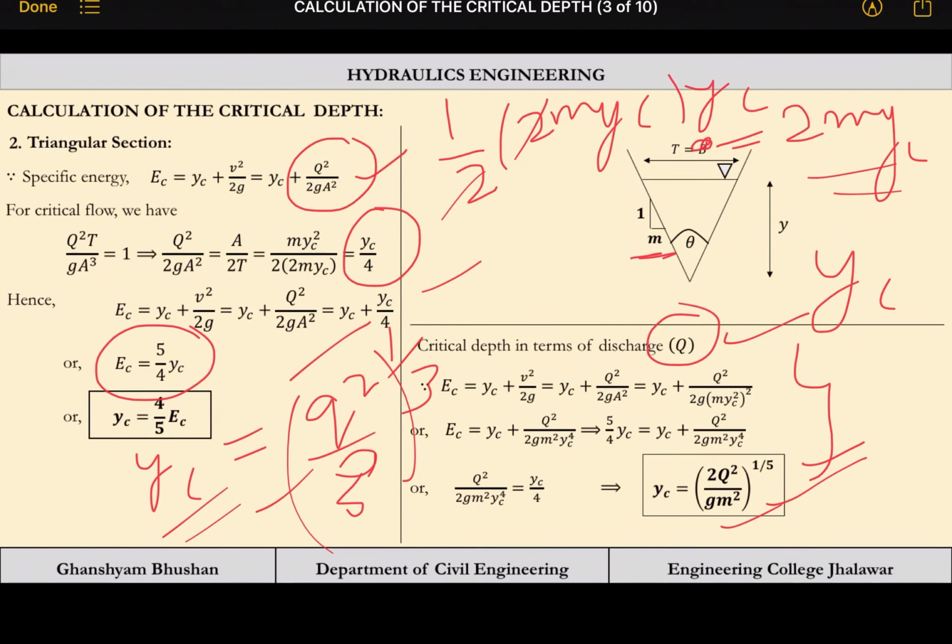In the examination they can also ask you to derive these equations. So try to solve the equations on your own without seeing the solution. Try to solve it after seeing the video. In examination it can be asked. This is a very very important equation.